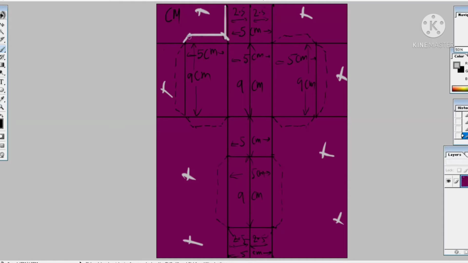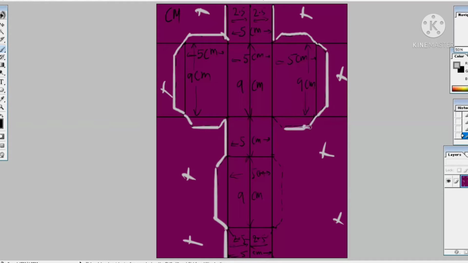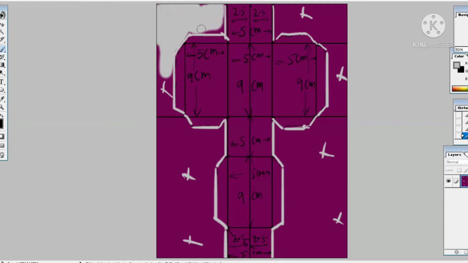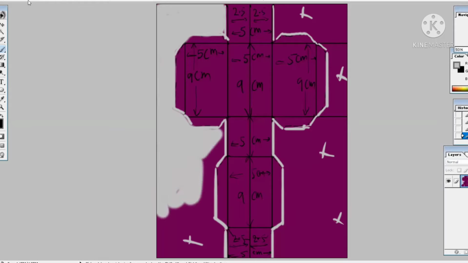So look, you can understand I have chosen a grey color, so you can understand exactly from where we will cut and how we will cut. After this I will show you these things manually, where you can understand how I'm folding, how I'm cutting, everything. So all your confusion and doubt will be over.